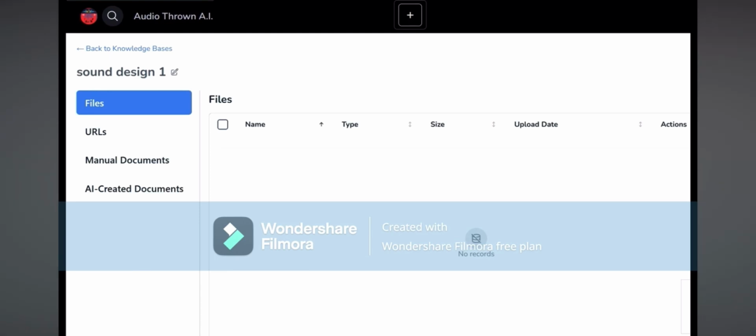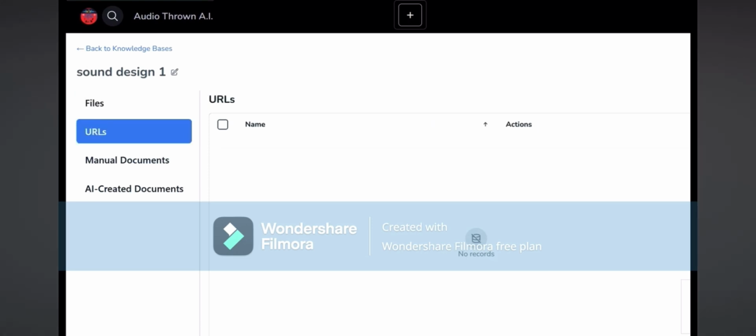Now here's where you can add, where you want the AI to draw the knowledge from: files, URL websites, manual documents, AI created documents. But what I did was URLs, which is real easy. You just go to a separate browser and search whatever. Like if you were doing this, you could search synthesizer sound design websites. It'll give you a